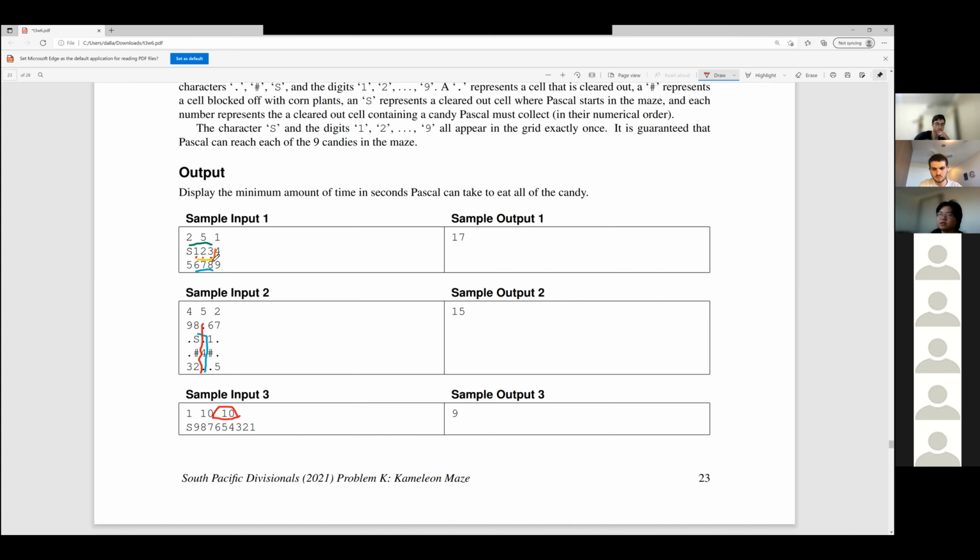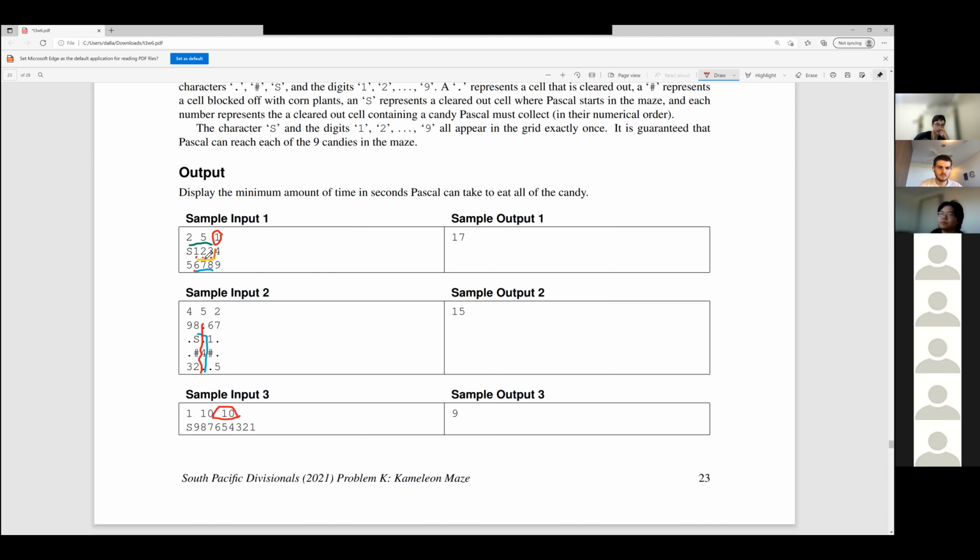And then he goes down to candy 8, but he can't eat it yet. Back left to candy 7, back left to candy 6. So that's 10 moves, I think. And at candy 6, he can eat candy 5. That's 11 moves. He can eat candy 6 because he's already on it. So this 1 doesn't mean he has to eat it 1 distance away. It means at most 1 distance away. So he can't eat candy 6 when he's on it. So that's, I lost count, but 12, I think.